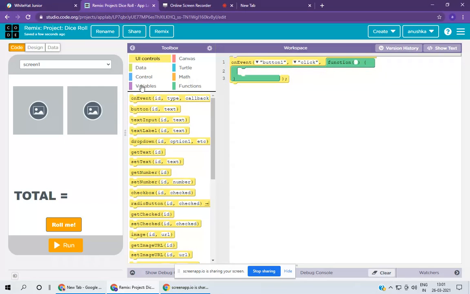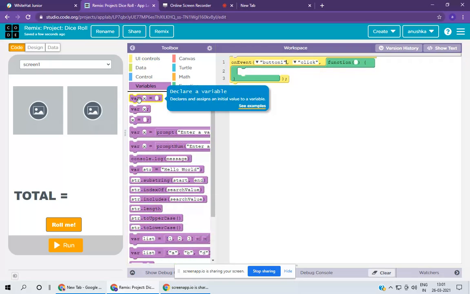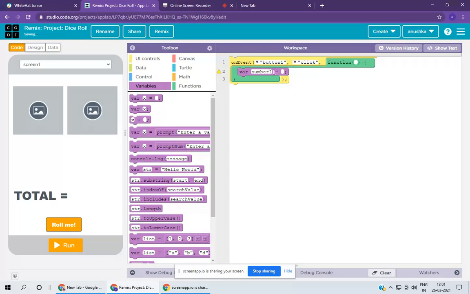Then we should declare a variable. We don't need x, we need to write the name first. So let's name this number 1, or you can name it anything.